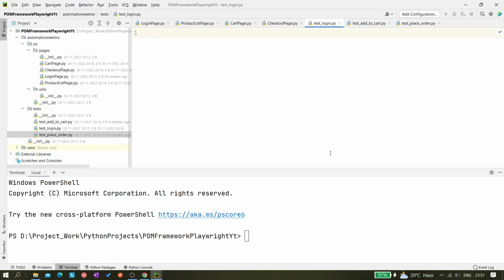So this is part 2 of the Playwright page object model series. In part 1 we created the skeleton of the framework structure, where we defined the folders and whatever pages we have. We just created a kind of template, where we haven't added any code, but in this video we'll be starting to add some code. Okay,